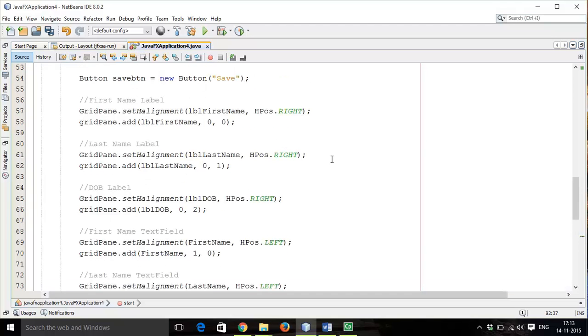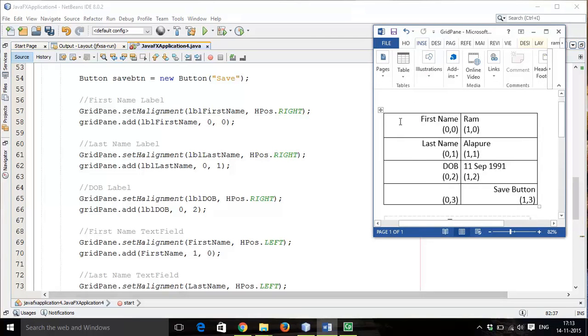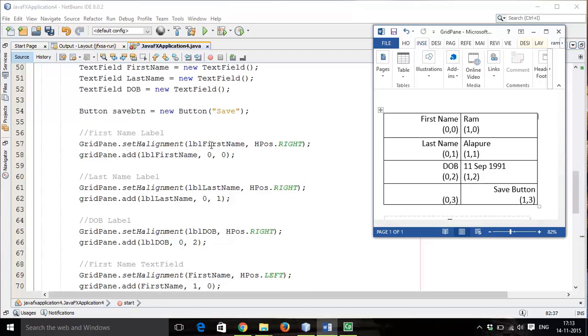This horizontal position is, I will show you how this is assigned in a GridPane. So here is our GridPane, here is the first column, that is 0th column, and this is first column. So for a first name it is 0 0, this is column and row like a matrix. So now next is 0 1, here last name 0 1, next date of birth 0 2, and these positions are assigned like